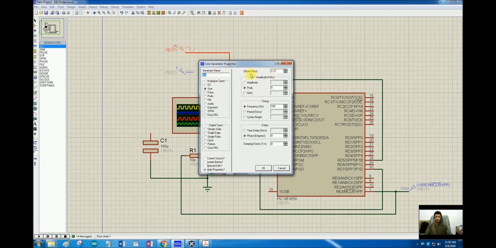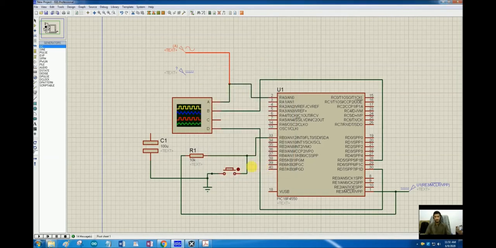So I have given it an offset of 2.37. The peak amplitude is 5. So now my waveform will approximately go from 0 to 5 and then back. So the whole 100% time period will be almost above 0. In our previous case, it was going below 0 for 50% of the time, and our PWM remained off for half of the time period. So in this case, it will be completely on.